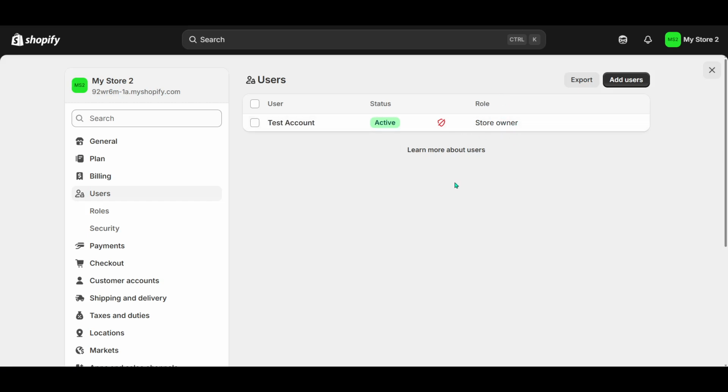And that's it. You've successfully created a staff account with a specific role and permissions in your Shopify store. By managing roles carefully, you're empowering your team to work effectively while keeping your business operations secure. I hope you found this walkthrough helpful and that it makes managing your